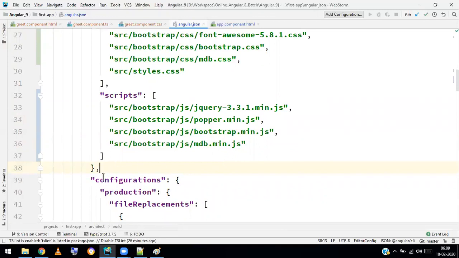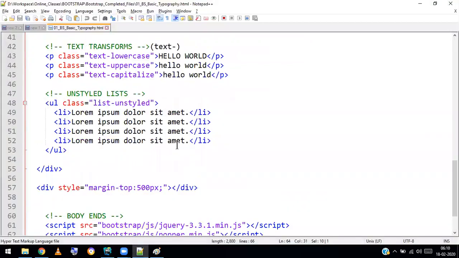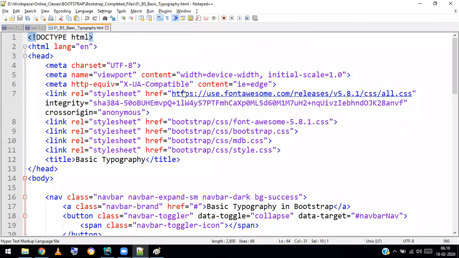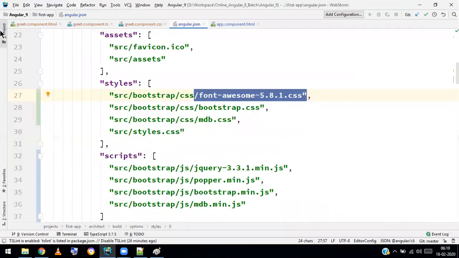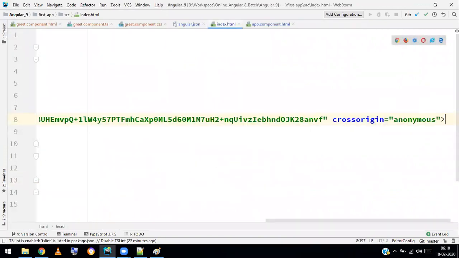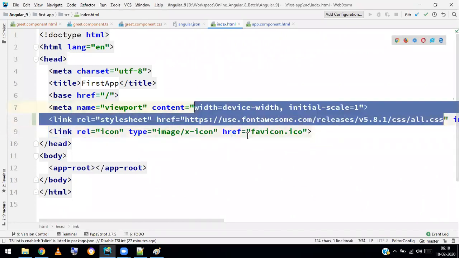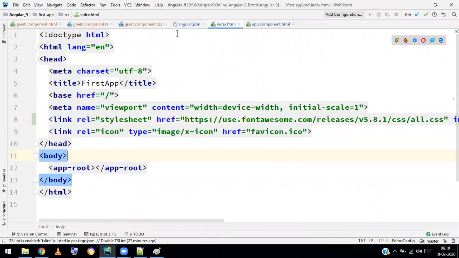Okay, fine. So now I think Bootstrap is successfully connected, but make sure you restart the server one more time because it's a configuration file of Angular, so it won't detect these styles. You must restart. But one more thing I want to tell you is that I have connected font awesome locally, but the global font awesome link I have not connected. Simply copy that, go to your index.html and here make the fonts. So the global link we connect over here. Fine, looks good.